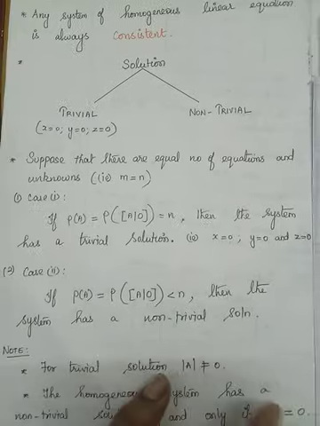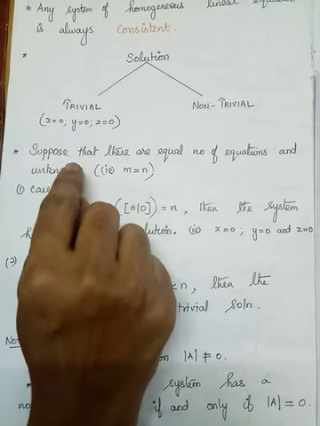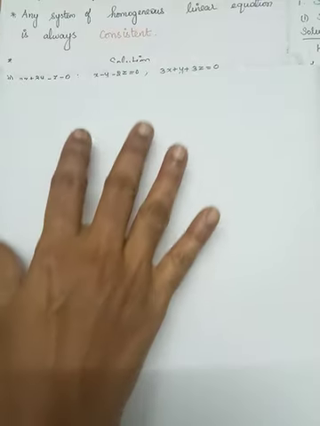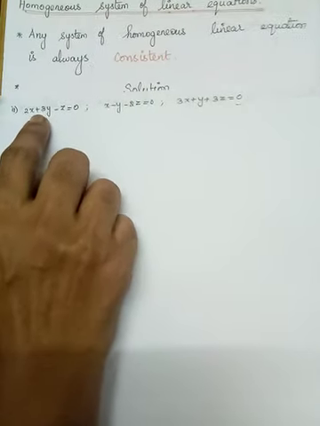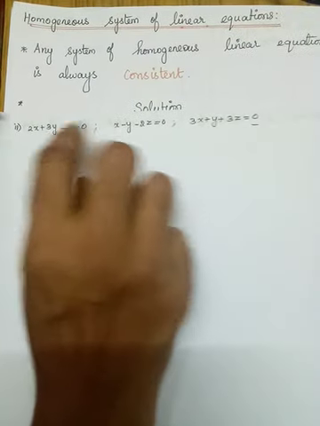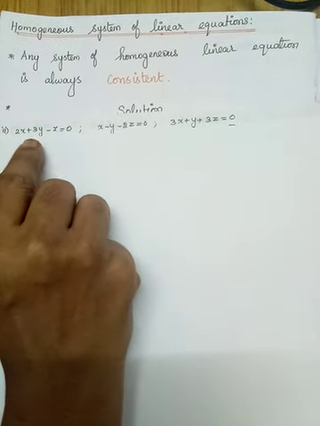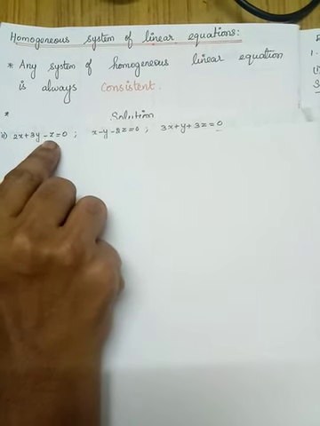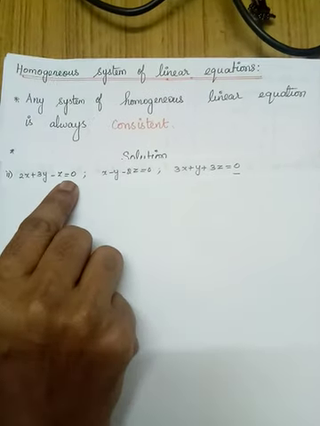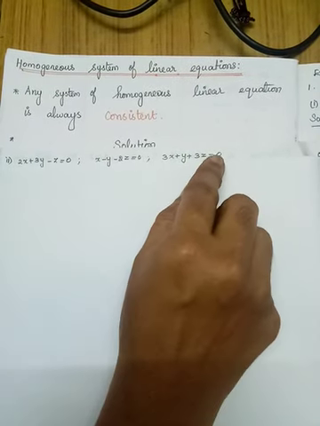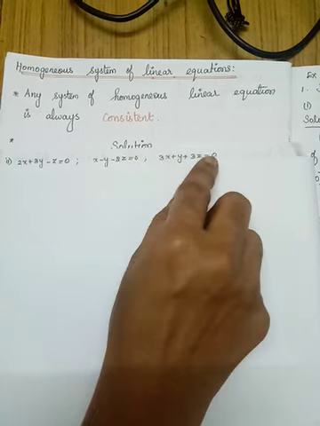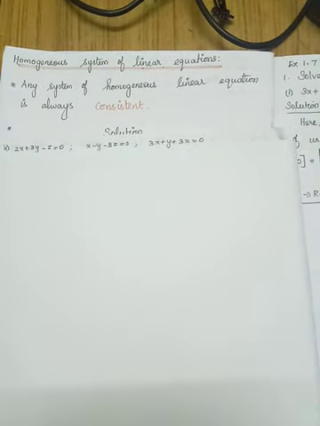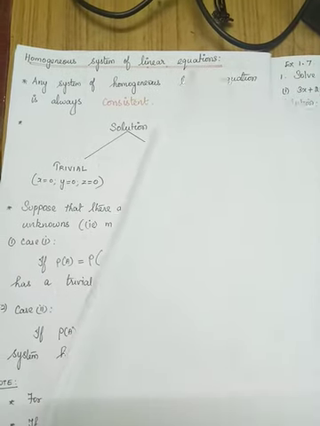We will see the condition. Here in the homogeneous system, how will the equations be? You see these equations. There are three equations in the system. You see that here you have x, y, z. There is no constant on the left side as well as the right side. Look at the right-hand side of these equations, it is equal to 0. No constant term is involved. This is called the homogeneous system of linear equations.